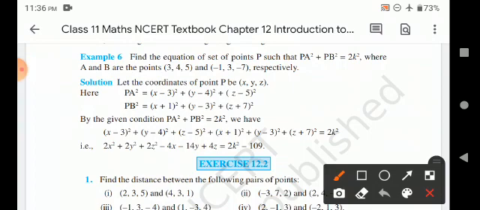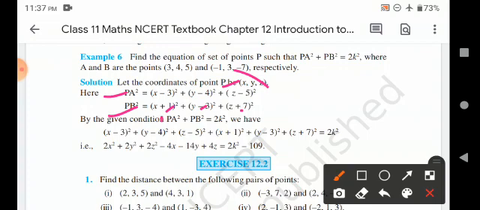My dear students, here you can look at it. Let P have the coordinates x, y and z. Now let me find out PA square. Again, by distance formula, it is (x minus 3) the whole square plus (y minus 4) the whole square plus (z minus 5) the whole square. Similarly, PB square, the distance between the points P and B, is nothing but (x minus of minus 1, that is x plus 1) the whole square plus (y minus 3) the whole square and (z minus of minus 7, that is z plus 7) the whole square.